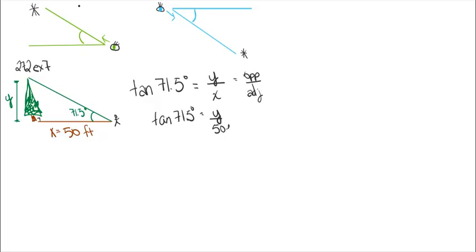50 feet. Now, I want to solve for y, so that means I'm going to multiply both sides by 50 feet. So I've got 50 times the tangent of 71.5, which you can solve simply on your calculator by hitting tan and then 71.5 and then enter. But make sure that your calculator is in degree mode and not radian mode. Otherwise, you're going to get a different answer. And when you multiply that out, you're going to get approximately